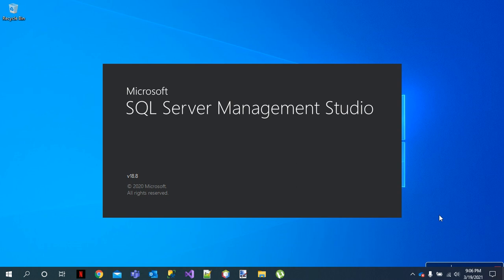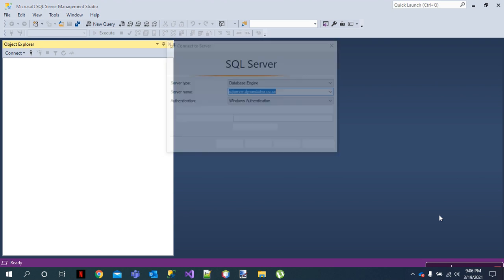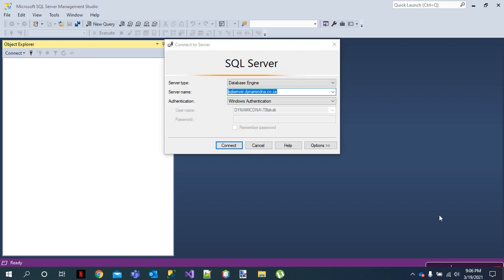Today I will be showing you how to set up SQL such that you can log in to your server using the IP address of your machine or any other machine that will be having SQL installed. So on this machine, you can already see that I've already installed a software called Microsoft SQL Server Management Studio. This is the software which is currently open right now.